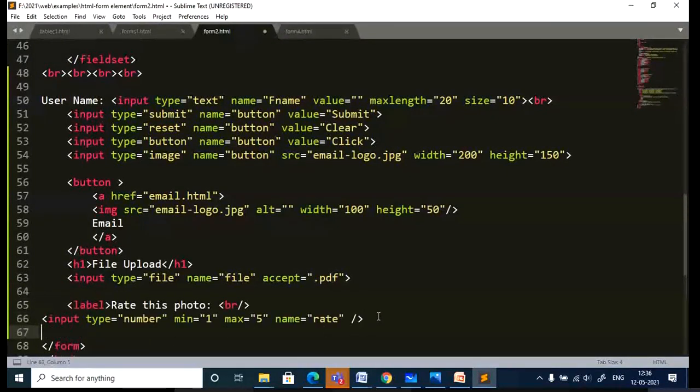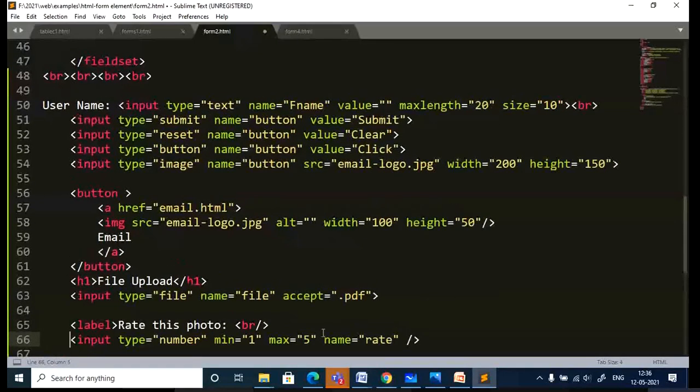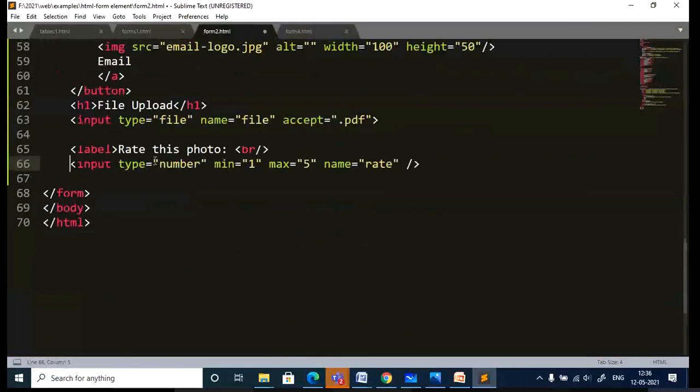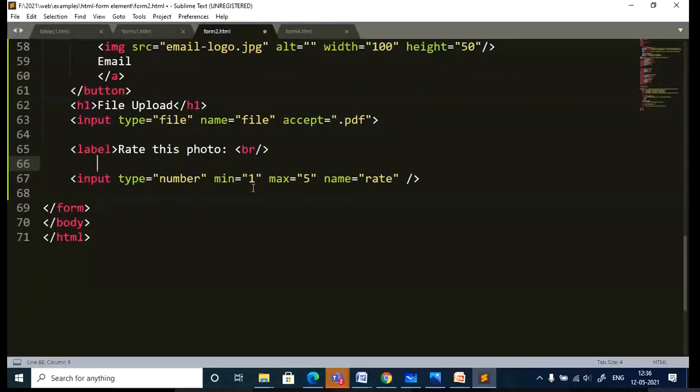Input type is equal to number. Here the type of input you are going to give is numbers. And also you can specify the range for giving a rate for this photo. Okay, 1 to 5, and name is given as rate.